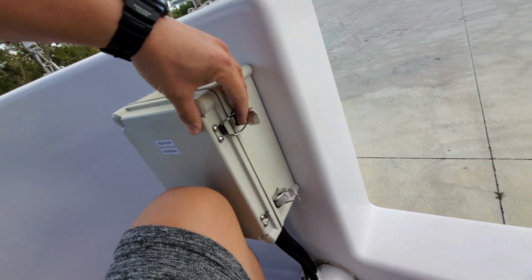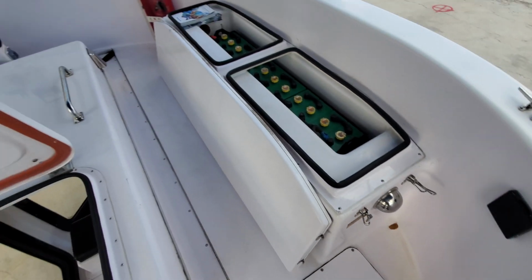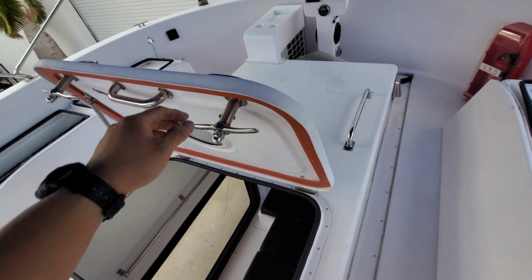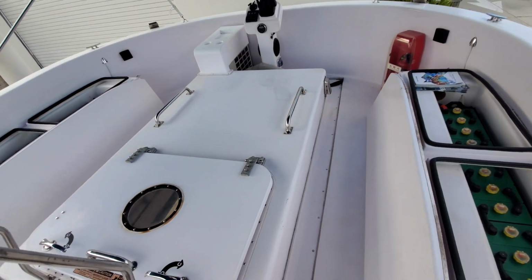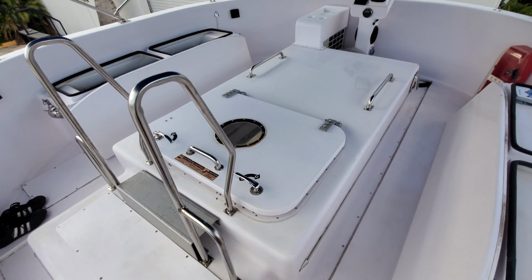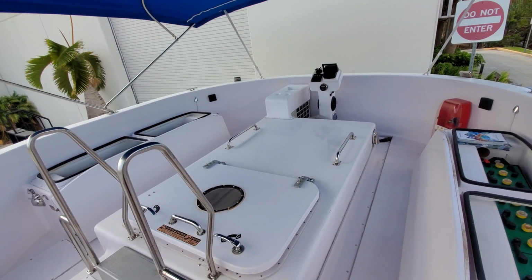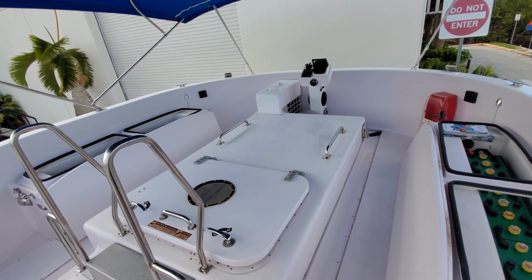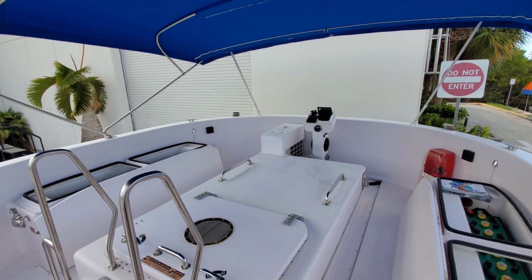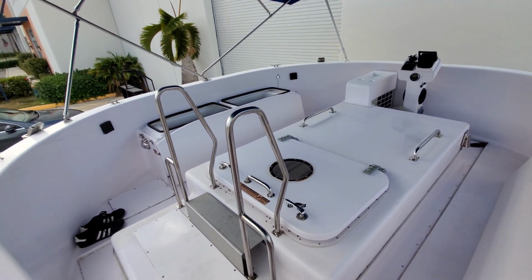So the boat goes just about 4 knots. Maybe you can push like 5 knots maximum, plus minus. But this boat is not made for going fast. So 4 knots, 5 knots, 6 or 8 hours per day, no problem. The boat is made for going slow, so you just enjoy the ride and